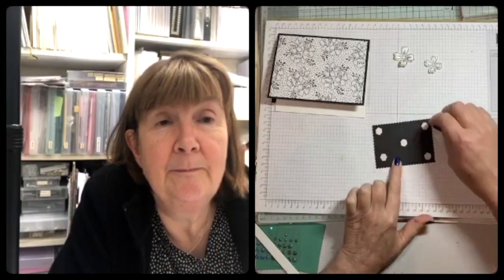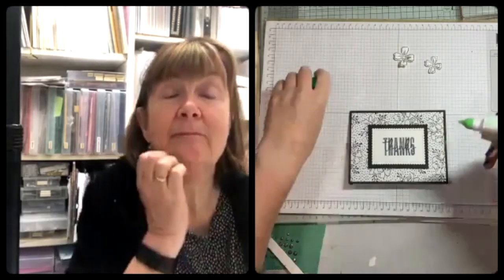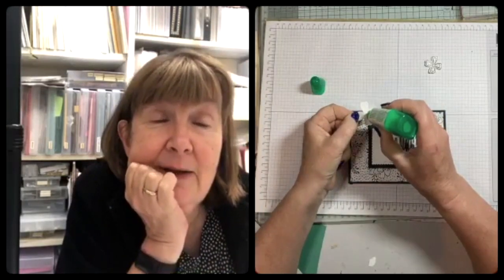So just put these on. It's funny how they might start developing them in the crafting world. It was like the blending brushes. Yeah. These started out as makeup blending brushes, didn't they? And people bought the makeup ones, and now everybody's buying them for crafting. Now they make crafting ones. So a bit of Tombow,